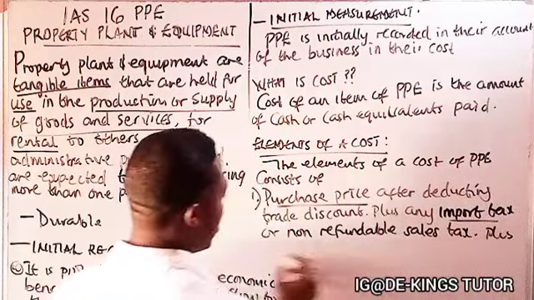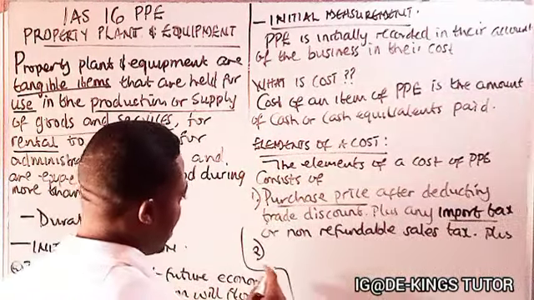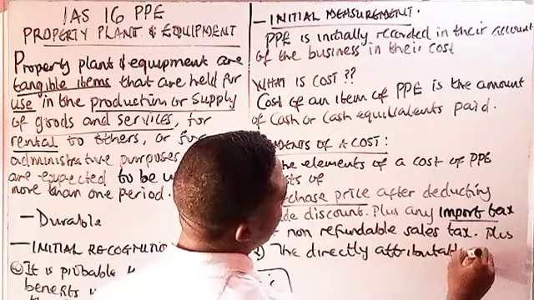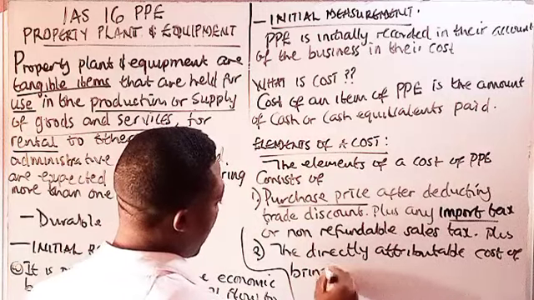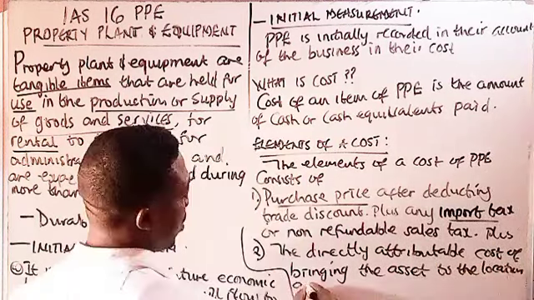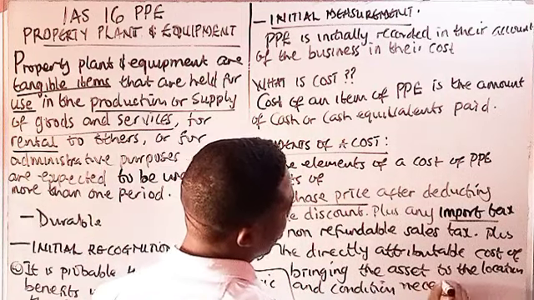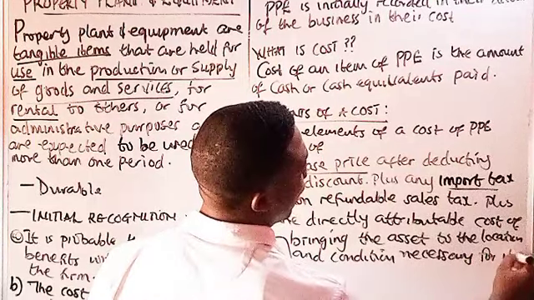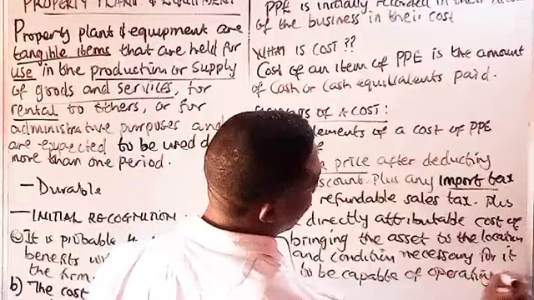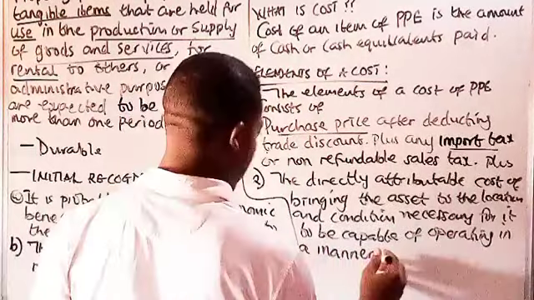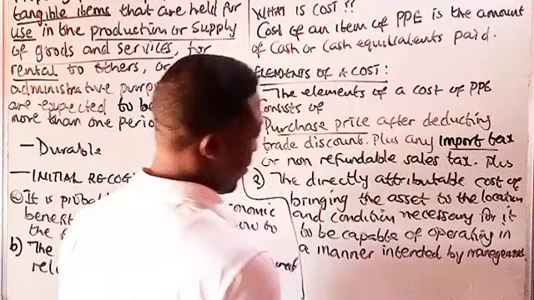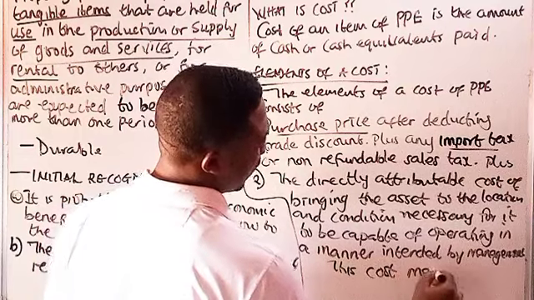Okay, now number two, another element of this cost is the directly attributable cost of bringing the asset to the location and condition necessary for it to be capable of operating in a manner intended by management. Okay, now this cost may include